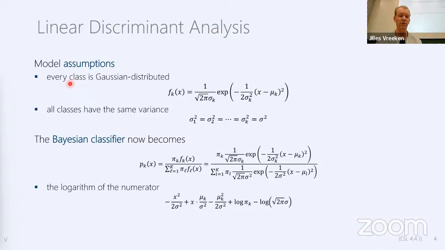Well, every class is Gaussian distributed. So all of a sudden, this f_k(x), well, we know what the density of a Gaussian looks like. I have to admit, every time I see it, I'm scared a little bit. But okay, I know this, I've seen this before. Now,